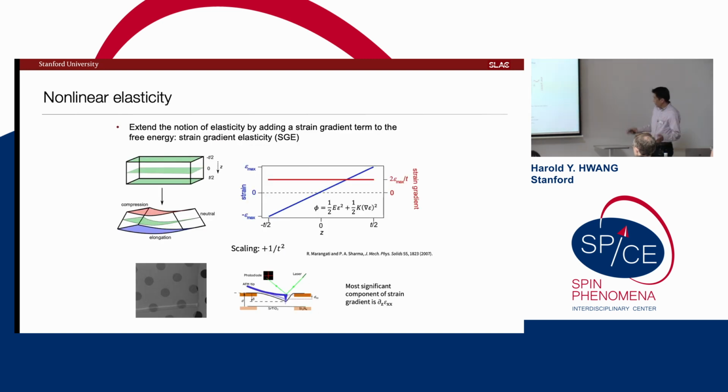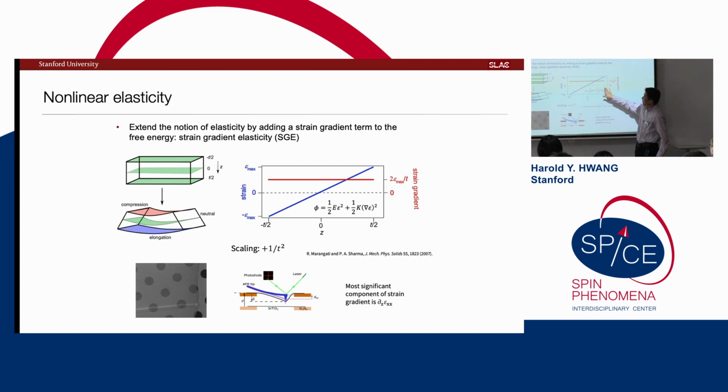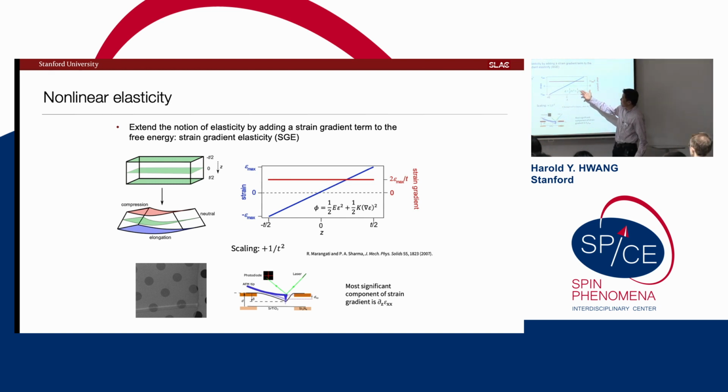And at least since the 1960s, if not before, people have thought about the question of what happens if there is a higher order term in that elastic energy. Namely, if I had a term that goes as a strain gradient, then there should be some interesting consequences. The reality is this is hopelessly small in bulk. And for some of you, I think I know, do these experiments. This has been a challenging experiment.